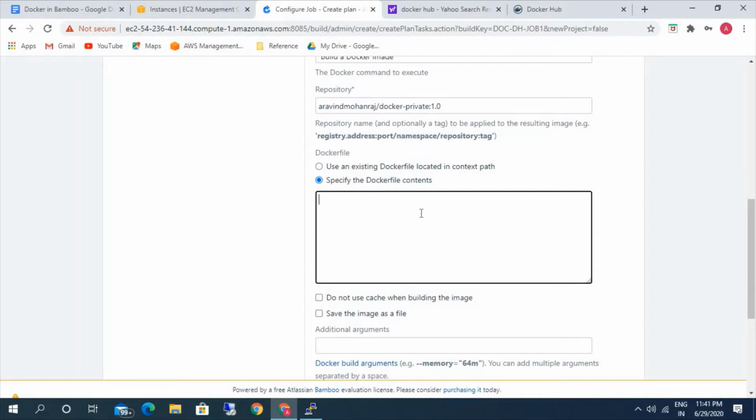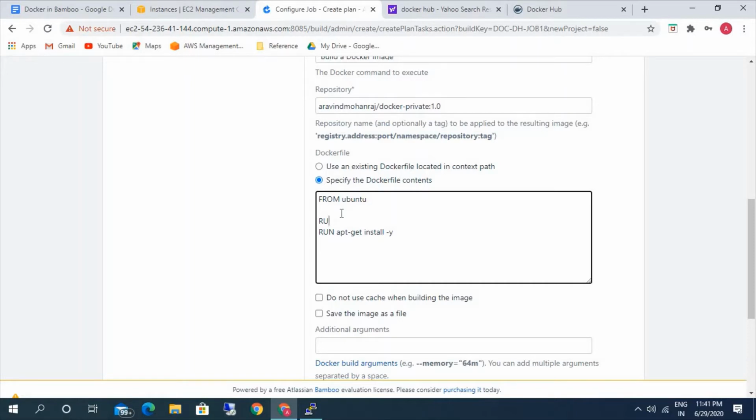So what kind of Docker image are you going to use? Here we're going to mention FROM Ubuntu, and next we use RUN. FROM and RUN are the Docker commands. RUN apt-get install -y. This is the command that we use to install any packages, and we can also run any Linux commands here using this.